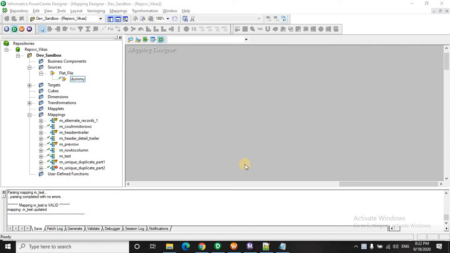In today's scenario, we are going to solve a problem where we dynamically create different target files based on a condition. This question is very important because the key concept revolves around the transaction control transformation. This question is quite often asked with a manipulation. I will give you a brief background on how this question is asked.